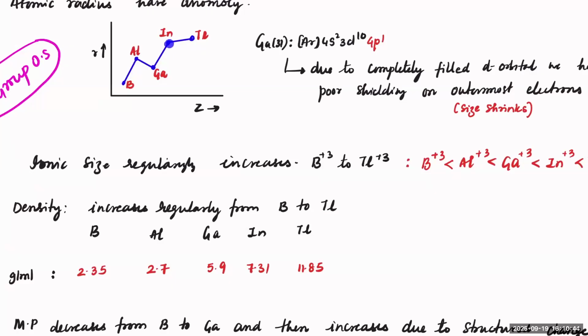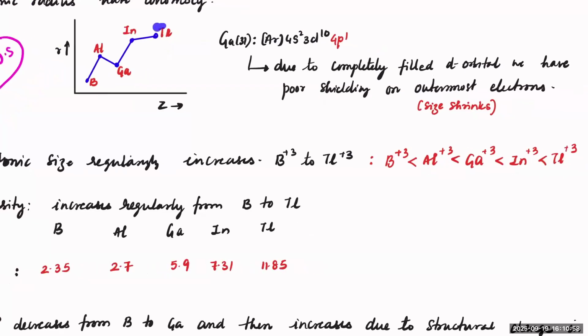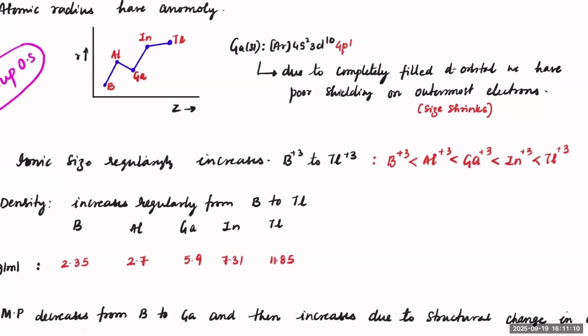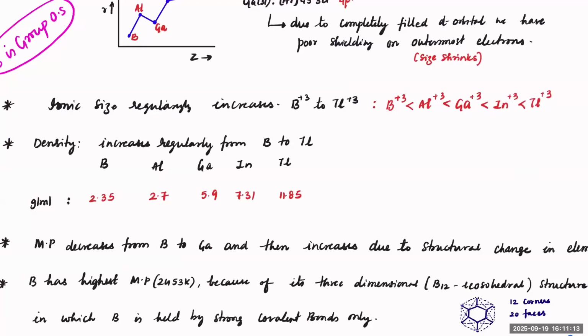At the same time, indium and thallium also are of very comparable sizes. Unlike what is supposed to happen, there is not a very regular increase in the case of thallium. Again, this accounts for the fact that in the case of thallium, 4f is completely filled, which also has poor screening of 4f electrons, by which size will decrease. But once you remove all three electrons here,